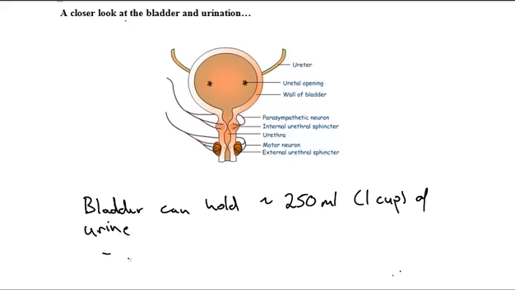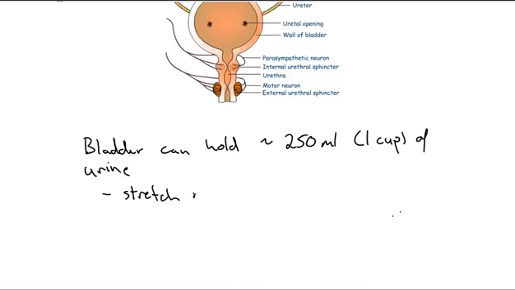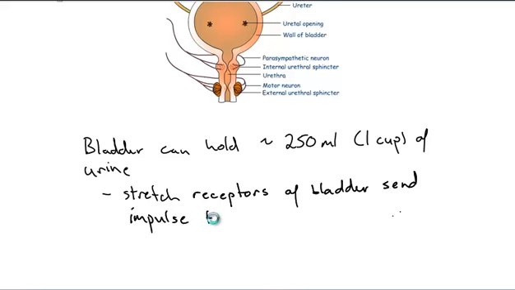After this point, what happens are stretch receptors. I think this is about the 4th time we've looked at stretch receptors. Stretch receptors of the bladder send impulses to the spinal cord in what is known as a reflex arc,